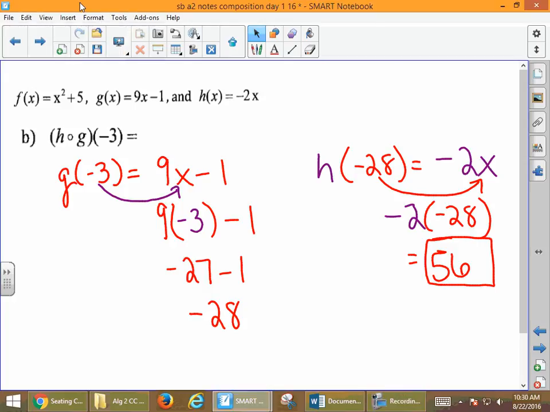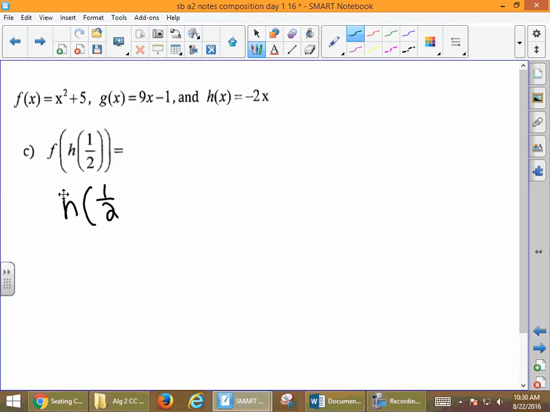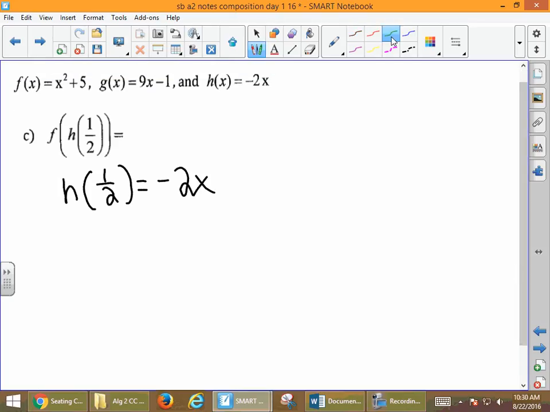So example C, we see a fraction, and don't be afraid of the fractions. We still have our same functions, f and g and h, and we're going to start with our h of 1/2. Start farther to the right, or on the inside out. H of 1/2. Our h function is negative 2x. We're going to take this value of 1/2, and put it back in here for x. So it's going to be negative 2